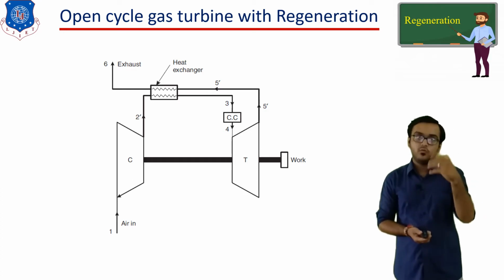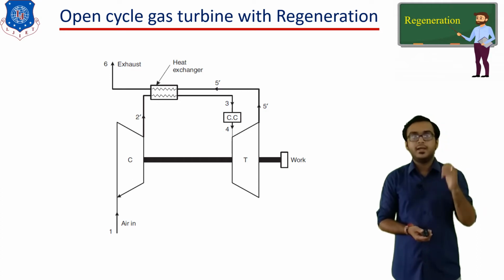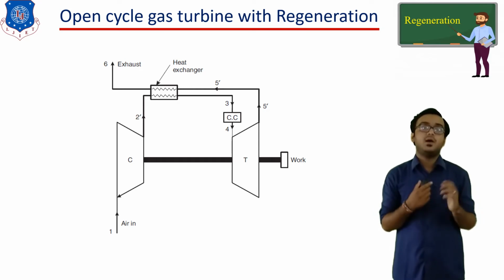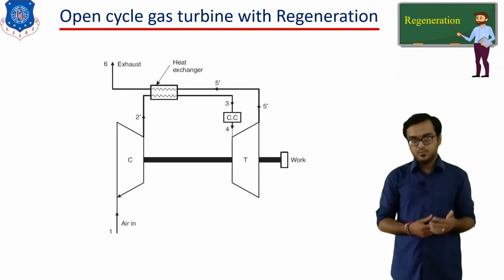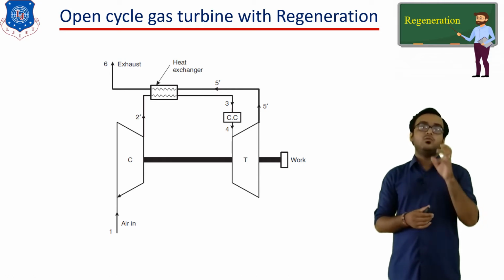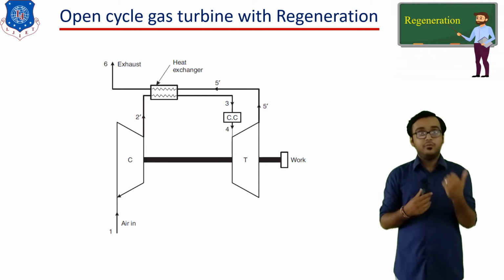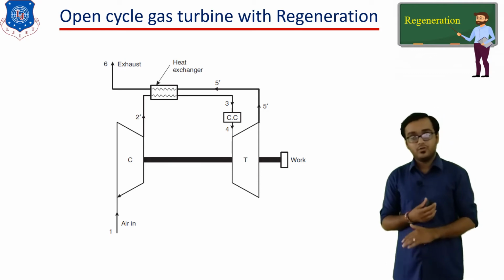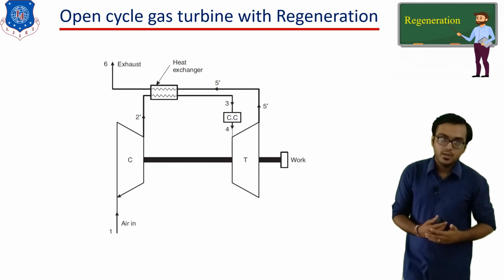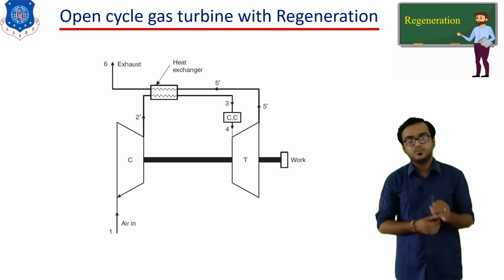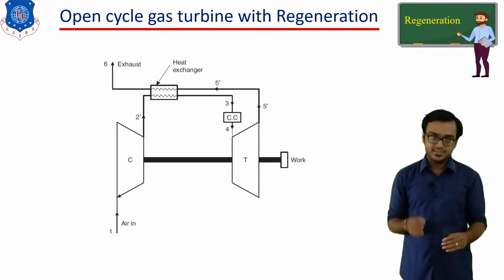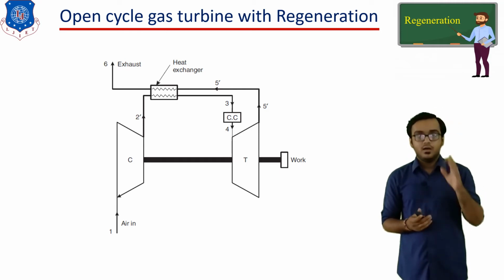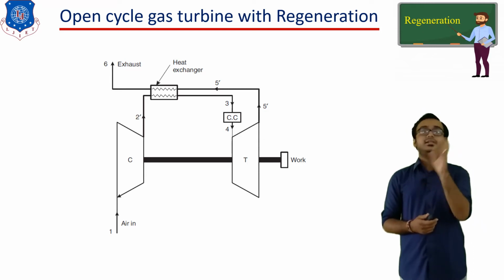As the mixture of air and products of the fuel flows through the turbine, what happens? Its pressure reduces, its temperature is also reduced, and it produces mechanical power, so that we obtain work from the turbine. Out of the total available work, some amount is utilized to drive the compressor, while the rest is utilized to produce power or for any other application. After the expansion, at point 5, the exhaust gases, or you can say the products of combustion plus air, are directly supplied to the heat exchanger.